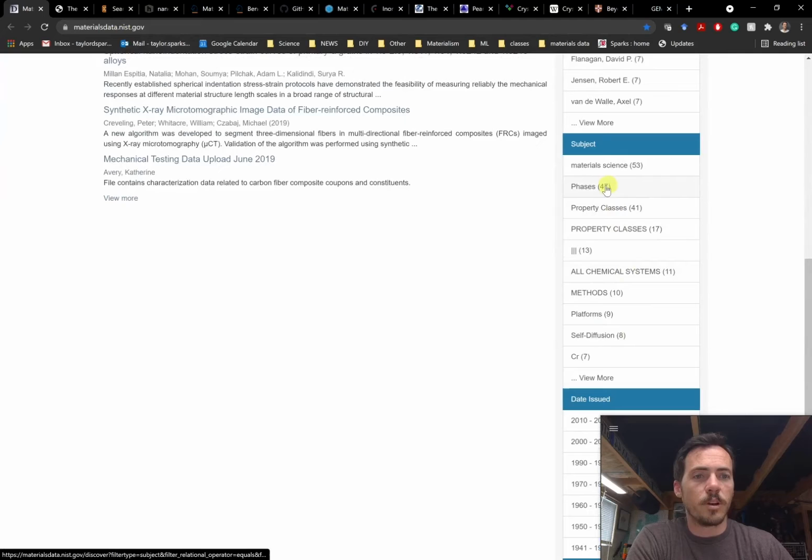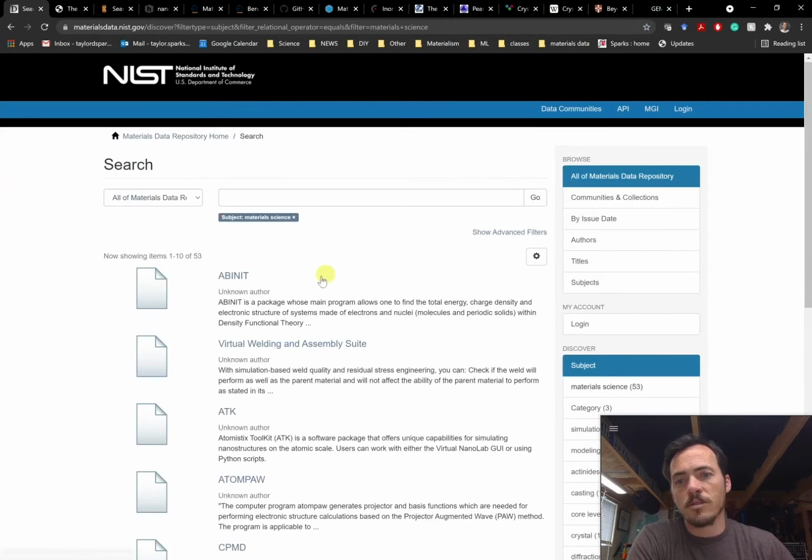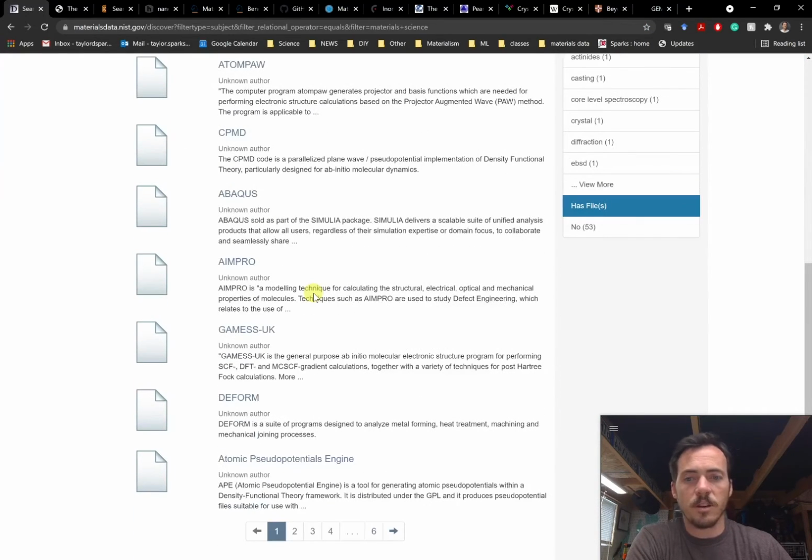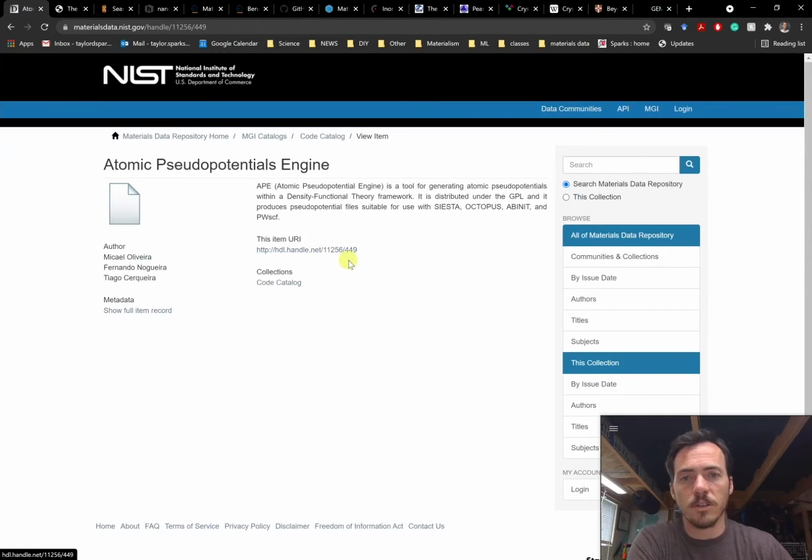So for example, let's say we want to go to a database on material science, okay? You can search through there and you're going to see all these things come up that have data associated with material science. You can click on these and it's going to have the links to the actual data itself, usually to the article. They have unique URIs, so you can actually refer back to them and you can get the